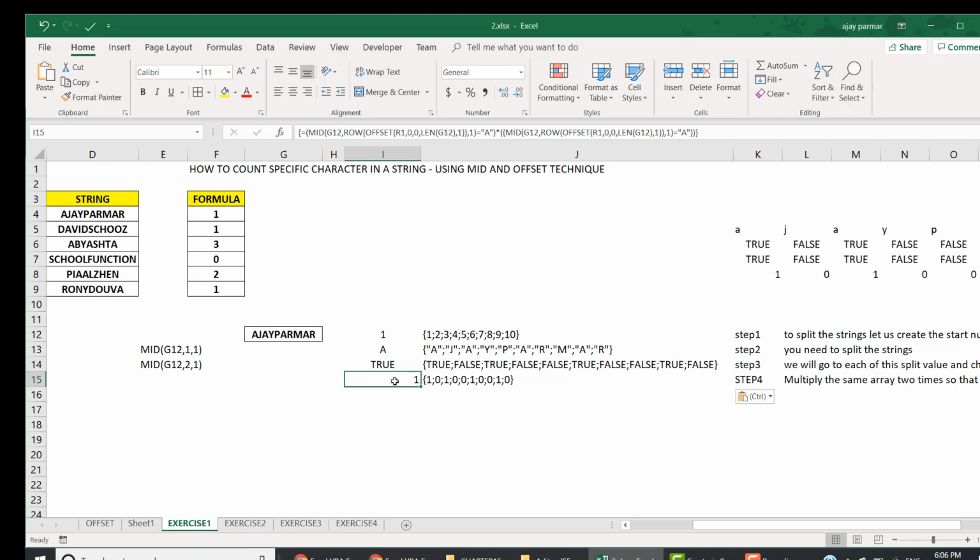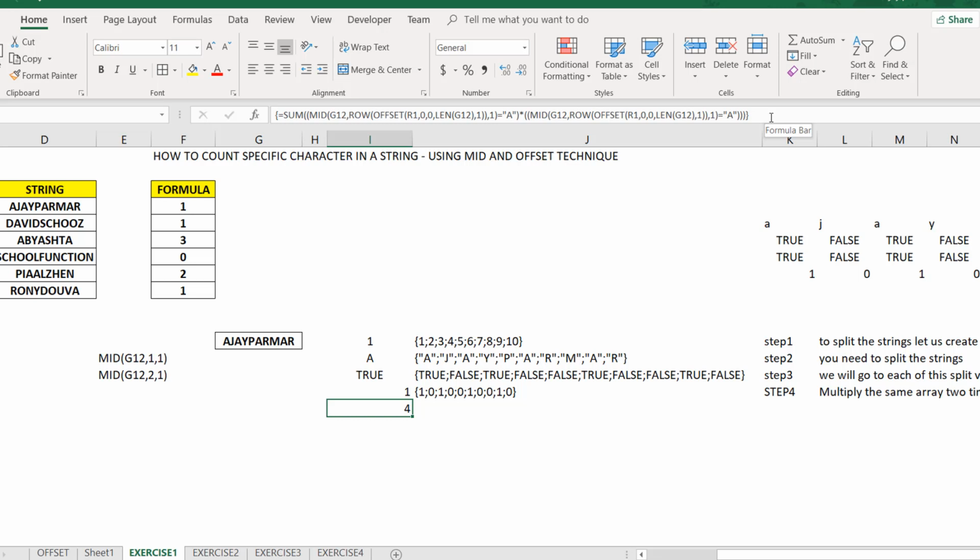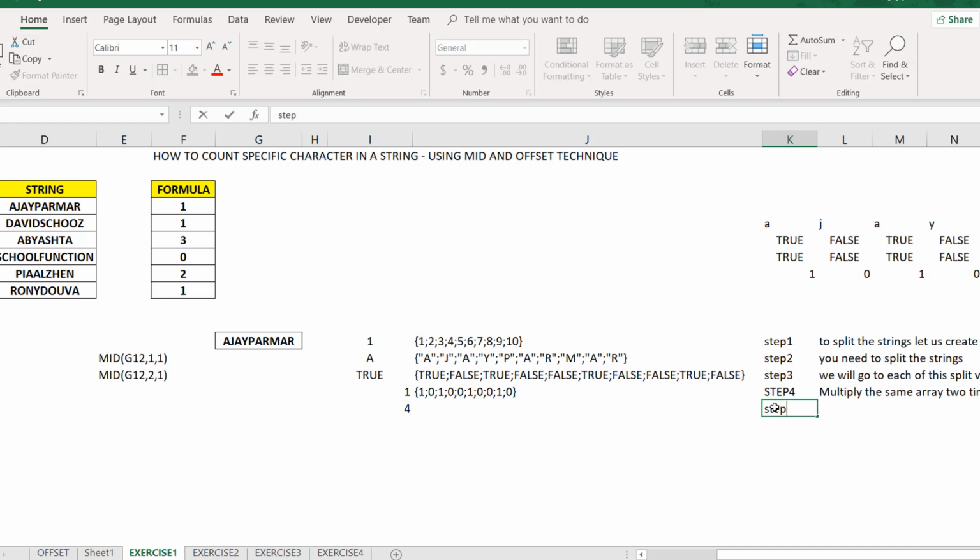So the final thing you need to do now is, I again go and copy this, and in the last step here, I simply say that I want to sum all these numbers. The 0 obviously will not change my answer. The idea is to sum the values where we have the 1, and the moment I press Ctrl Shift Enter, you find here the answer coming as 4, right? So this is basically step number 5, and in step number 5 you're simply summing up the ones using the sum function,